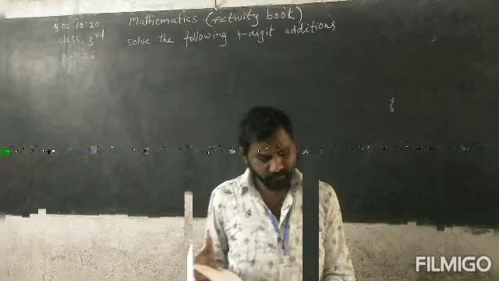Next, 1733 plus 5246. So first we add the digits in ones place. 3 plus 6. So 3, after that we can count 6. Keep 3 in the mind and 6 in your hand. 3 after 4, 5, 6, 7, 8, 9. You get 9. 9 is a single digit number. Then you can write it under ones column.